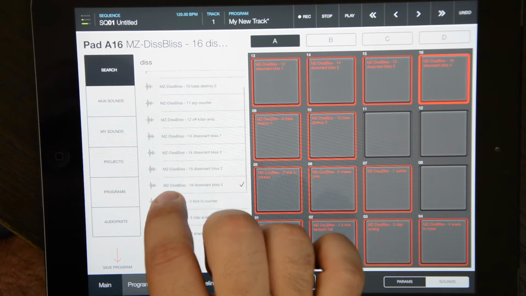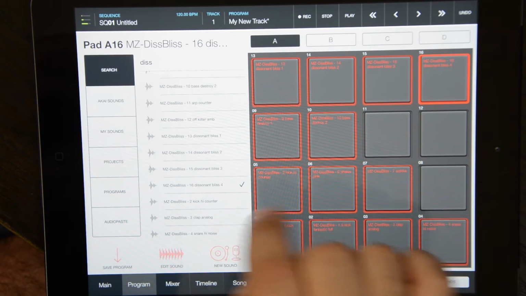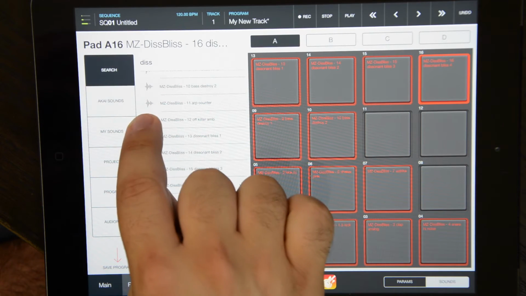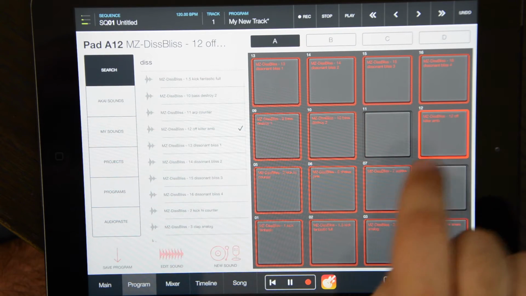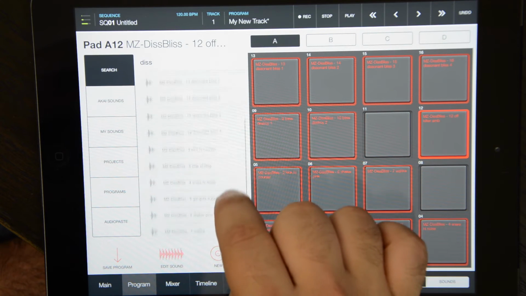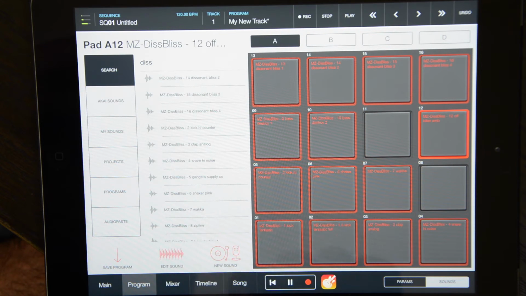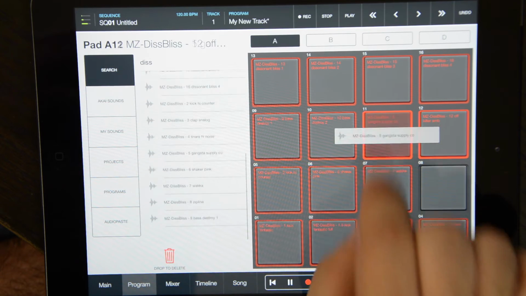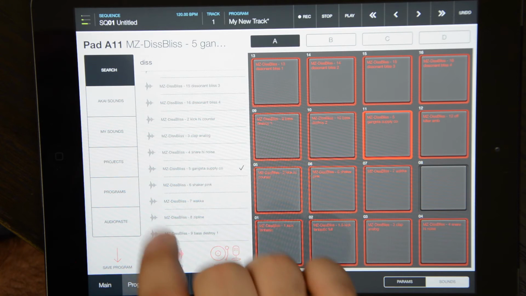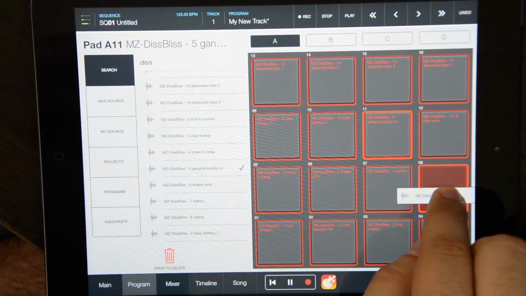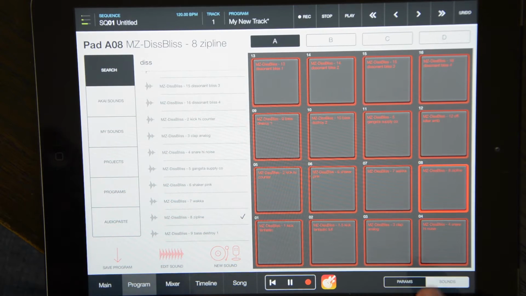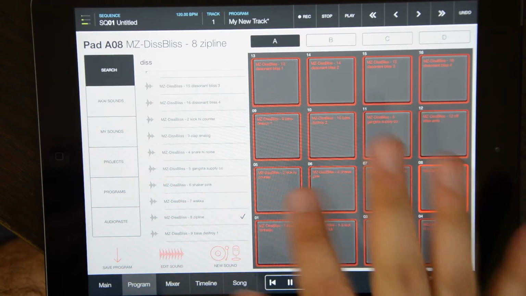Interesting. All right, we have an off-kilter ambient. Did I already put that in here? I'll put that on 12. And hopefully sounds good for 11. And a zipline. Good. I like for number 8 here, this pad is really great for me. I like to use it for like a pause.